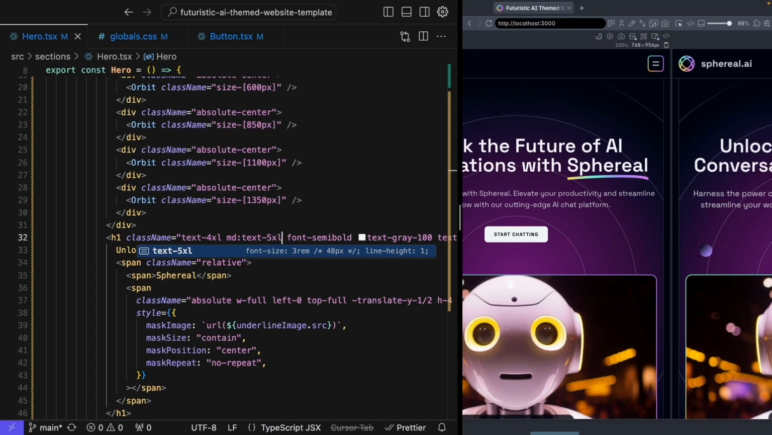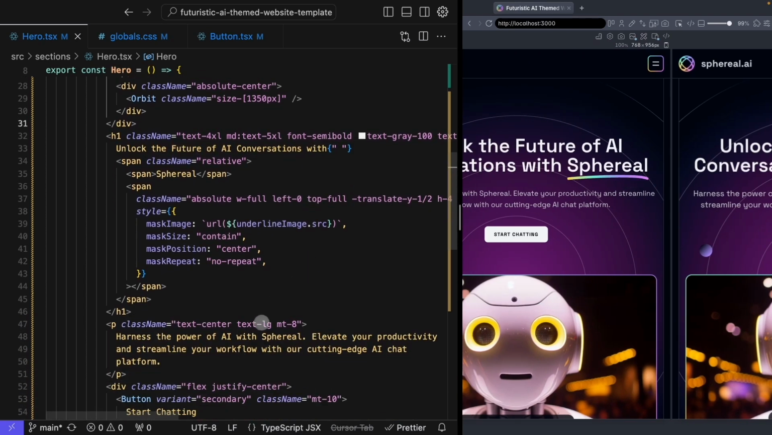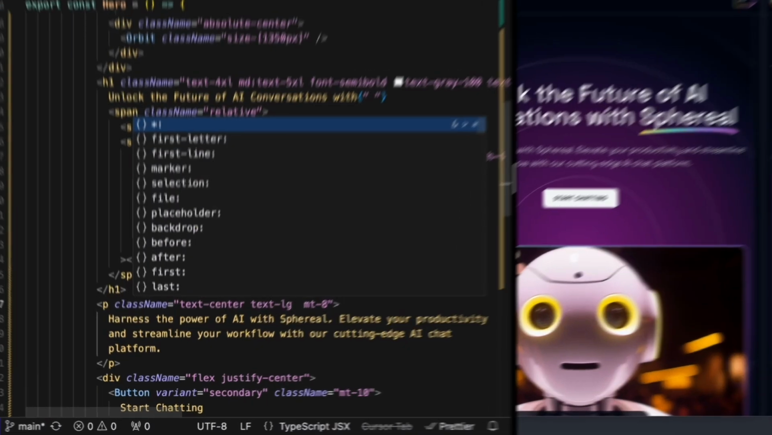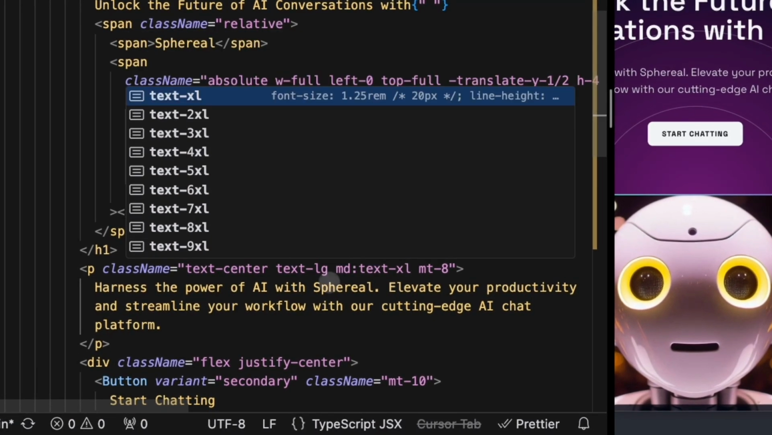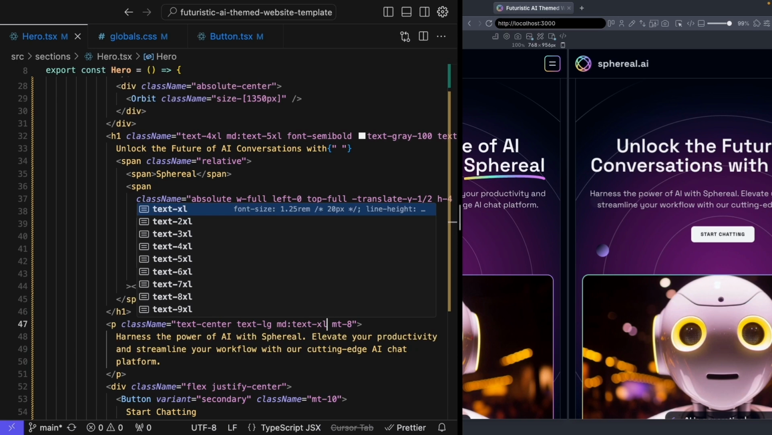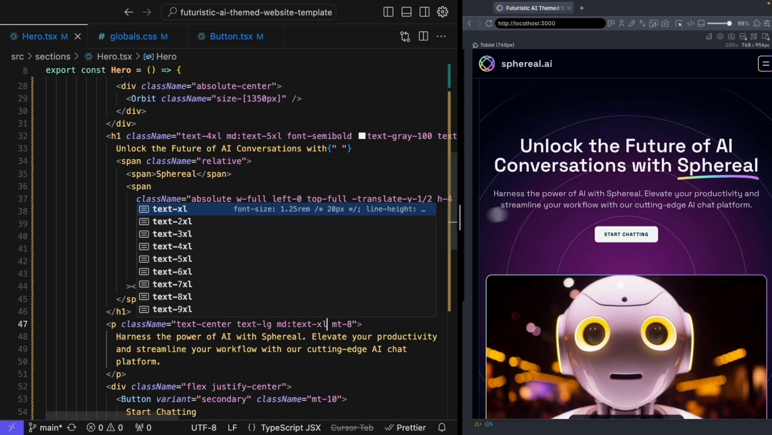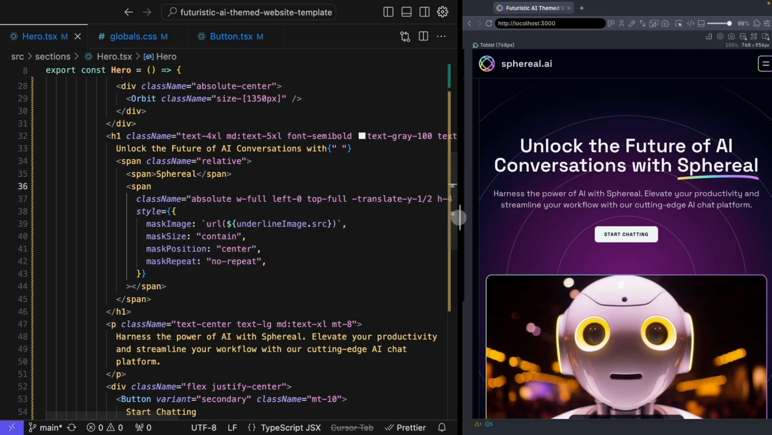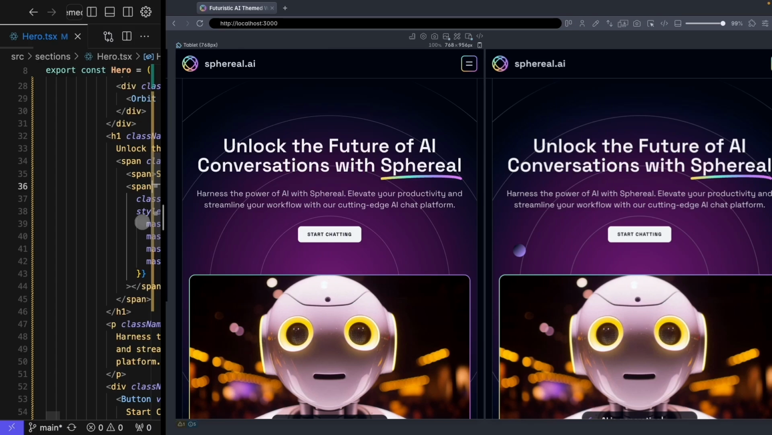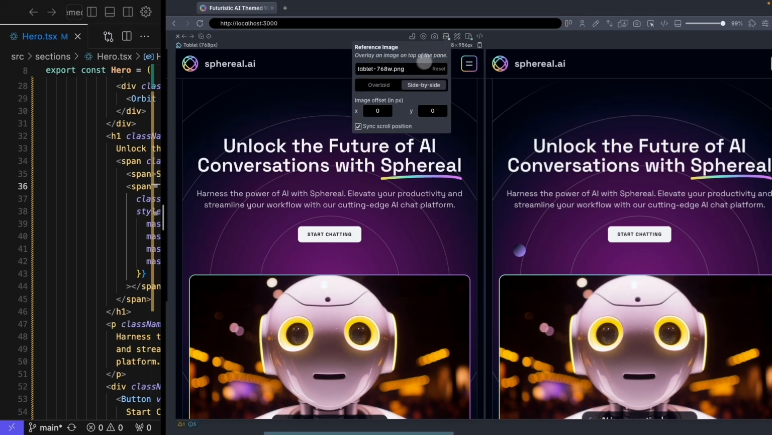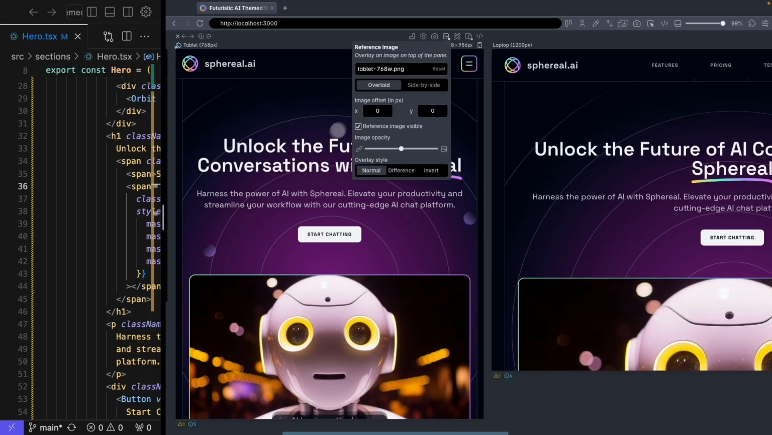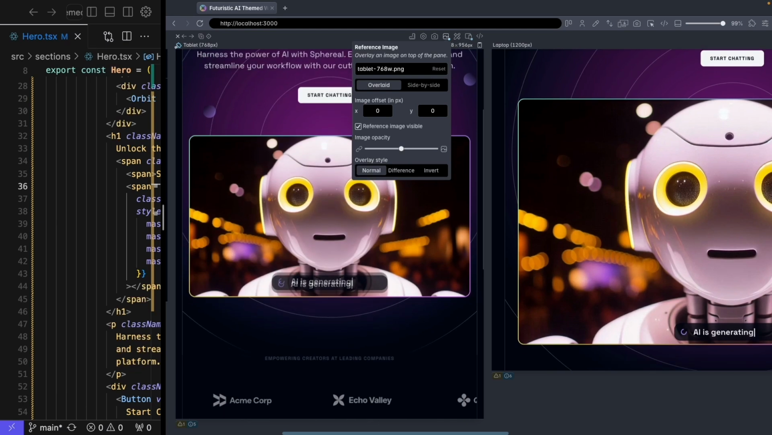And I think we also have a little bit of a change in font size in our description as well. So this is currently text large. We're going to want to bring this up in the medium size to text extra large to make that the right font size as well. That looks like it's correct, but of course we won't be able to tell until we overlay our reference image on top of our coded page. So let me go ahead and hit overlay here and see if there's anything else that I see that's a